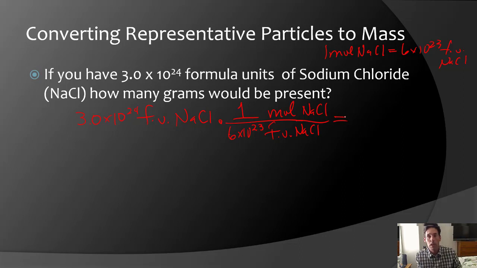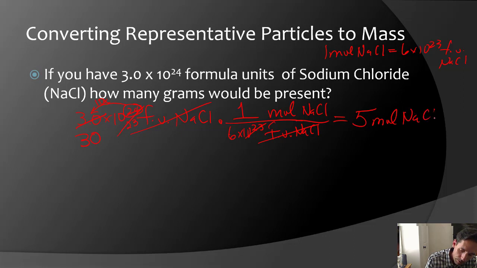I want to make it so the exponents are the same. The easiest way to do this would be to take a factor of 10 out of this and put it into the 3.0, which would make this now 30, and this is going to be to the 23rd. So 30 divided by 6 would be 5. So this would end up being, because the times 10 to the 23s will cancel out, 5